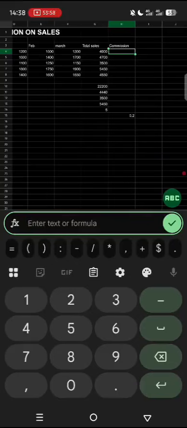know I've said that they will give you a percentage of the sales that you've made. So meaning that I'll get the total sales for this person. Now this is the formula you're supposed to write. And if you're using this app,